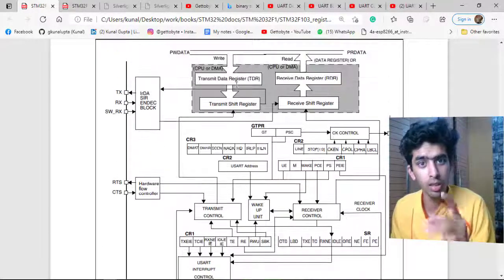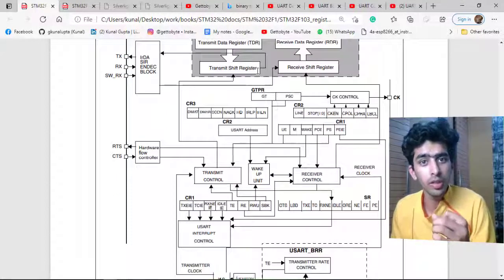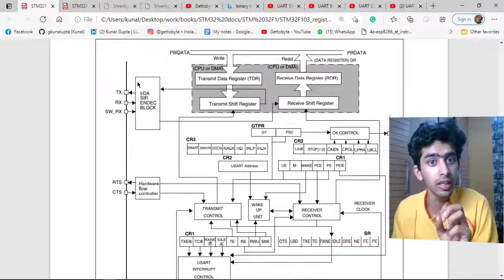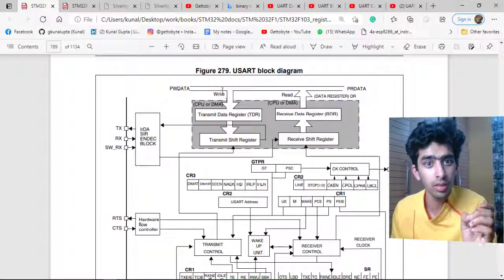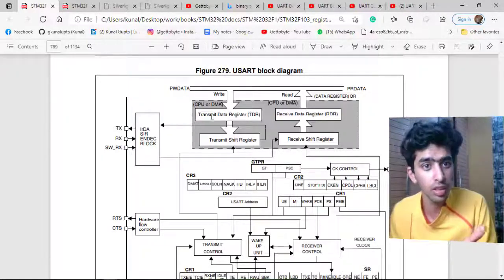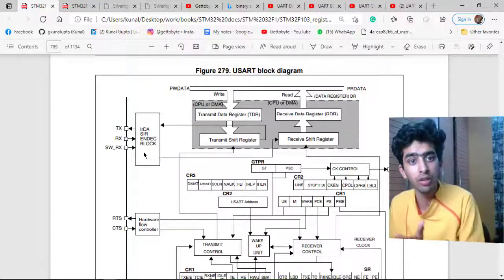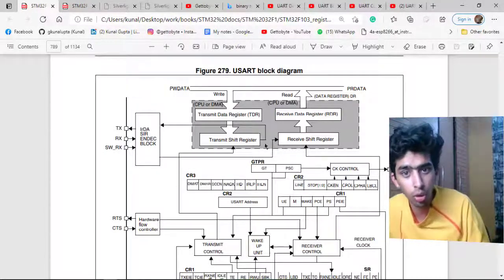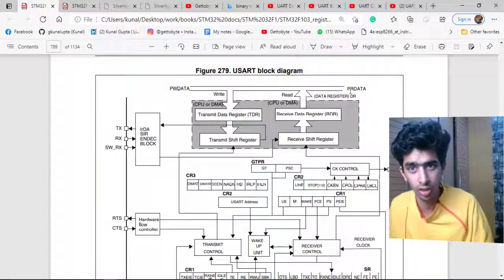From the transmit data register, when we write the data, it goes to the transmit shift register. From the transmit shift register or receive shift register, it can go to two places: either toward the TX RX blocks. Whenever we need to transmit data, we write the data on the bus, the CPU processes the transmit data register, sends it, and from the transmit shift register it goes into the TX pin. Sorry, from the RX pin we get the data and it goes into the receive shift register, and then the receive data register, which the CPU processes.